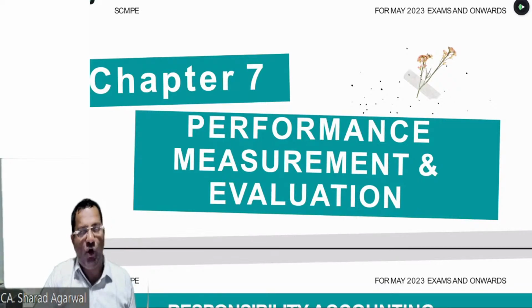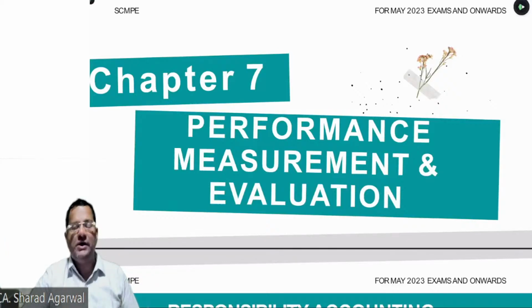In the last session, we have already started the economic value added. So the very first point we want to revise: why is there a need for economic value added under the financial model, despite the fact that we already have ROI and RI? So why is there a need for a third financial model? Can you please recall it without referring to the copy or the study material? What are the two reasons due to which EVA has evolved?